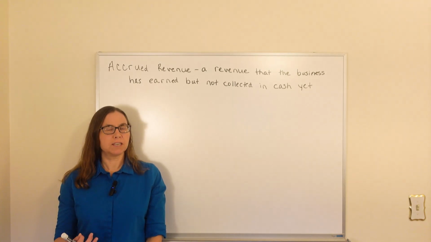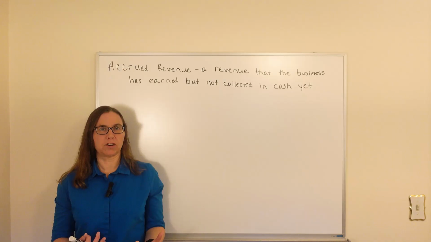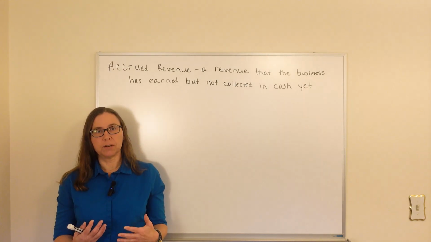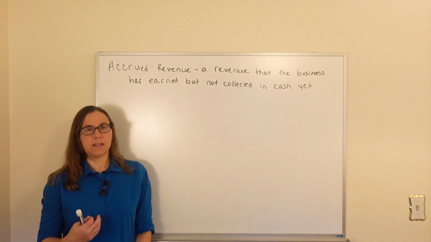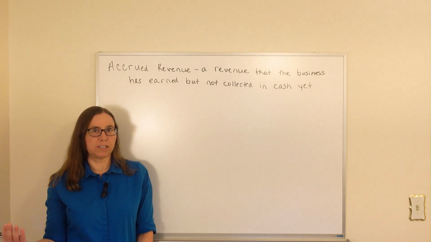In this video, I want to continue talking about adjusting entries. And specifically, I want to talk about accrued revenues. This is when the business has earned revenue, but they haven't collected the cash from the customer yet. And the reason why this might come up as an adjusting entry instead of just a regular everyday entry is